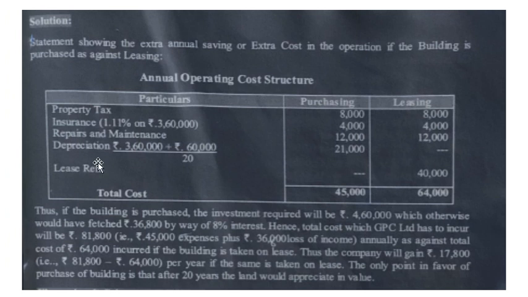How will you calculate the depreciation? It is the total value of the building plus the renovation expenses, or the expenses used to add features to that building, divided by the number of years. So 3,60,000 is the value of the building, plus 60,000 renovation expenses, divided by 20, which will give you 21,000. Only when you purchase the asset will you have the power to calculate depreciation, because it is your own asset. If it is a leased asset, then the lessee will not be able to calculate depreciation, because it is not his own asset.